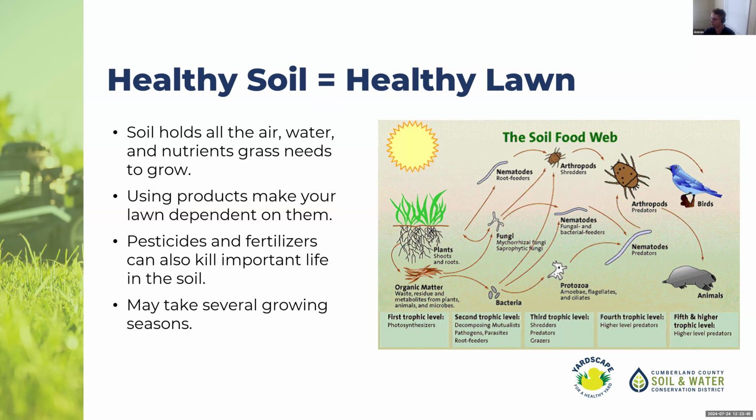I think I already mentioned that when you use chemical products, you can create a dependency on using them, because over time a pesticide is indiscriminate about what it's killing. So you apply a bunch of pesticides and you're going to kill some of your soil microorganisms. And then once that microbiome isn't there, the soil food web becomes damaged, and you're continuing to rely on applying these chemical pesticides to have your nice lawn.